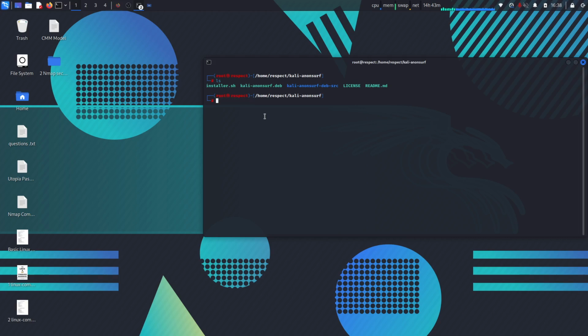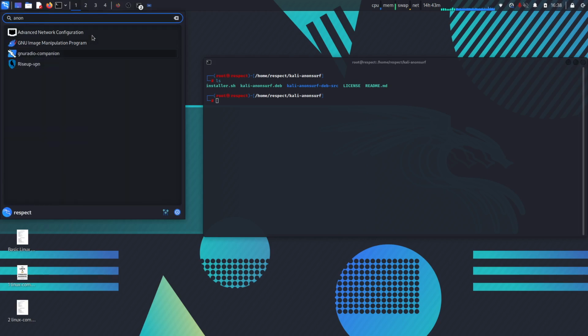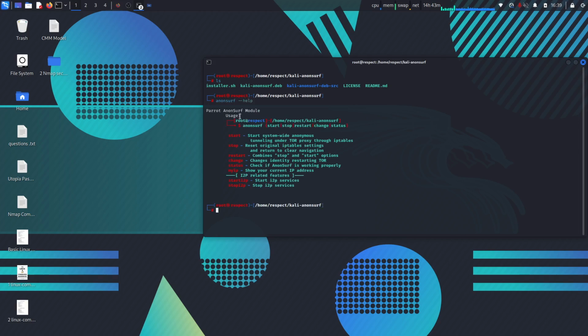I can show you that this tool is installed, but you cannot access this tool in the search menu. You can find that there is no anonsurf here, but if you type anonsurf in the terminal, you can see that the color is changed. Here the color is white and for anonsurf the color is changed. Now type here anonsurf --help and it shows you the terminal